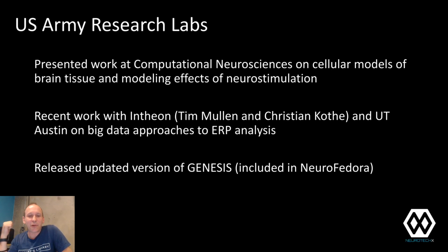But what I can say is that at Computational Neuroscience, the U.S. Army Research Labs had lots of posters. They're doing lots of great physics, like computational neuroscience physics, and there are recent papers on big data approaches to ERP analysis. These were large multi-study projects